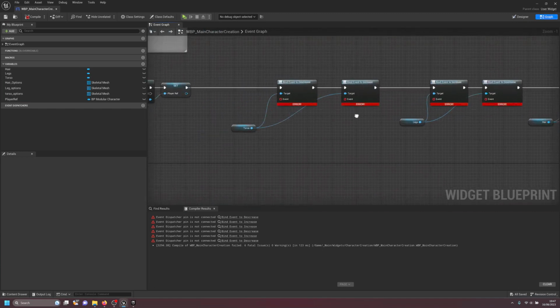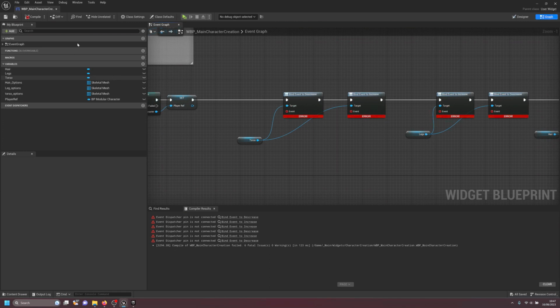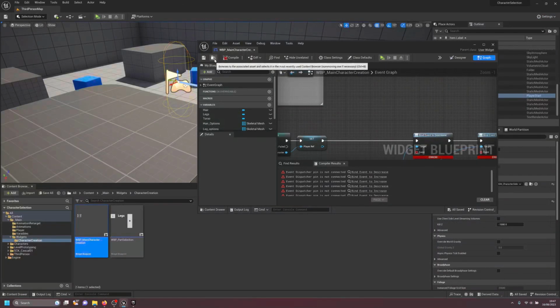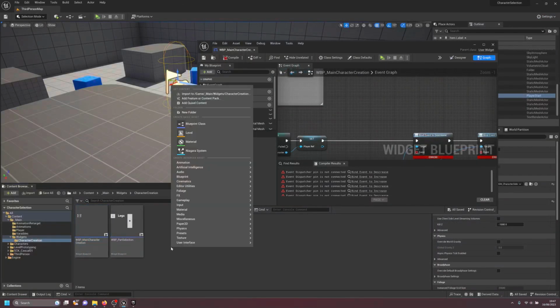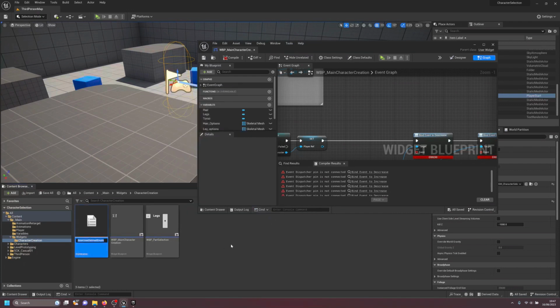Now what we are going to do here is create a reusable method that we can call so we don't have to keep repeating ourselves. So I am gonna go to this part of the folder, and I'm just gonna create a new enum in here. You don't have to do this, but I'm just gonna do this so it's easier for us to follow. I'm gonna call it E, and then I'm gonna call part type, something like that. Open up this,